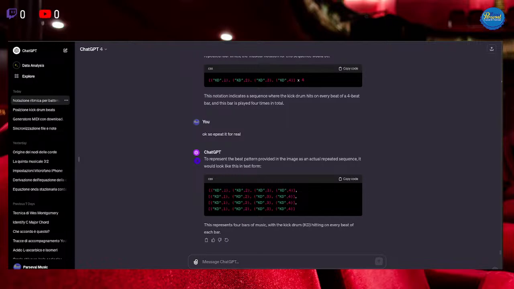What am I doing before I upload to the computer the new file? I'm adding the snare drum. So I'm changing the drawing very simply. We got it in a while.